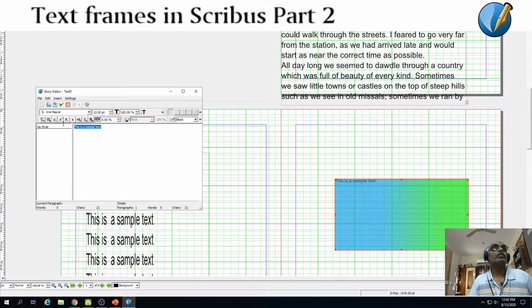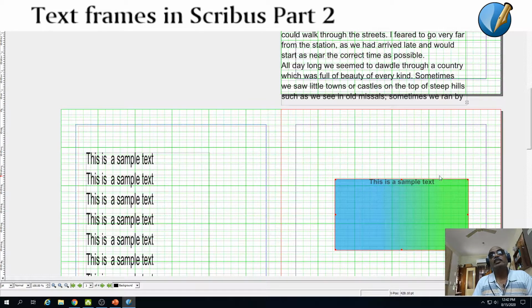So this is sample text. So I will make it still bigger. Then I will make it Arial bold. And then I will center it, give settings. So now you see the text can be displayed inside a colored text box, and the color of